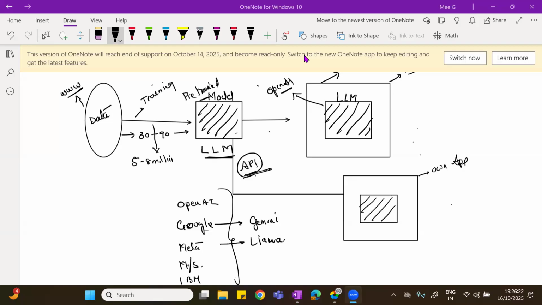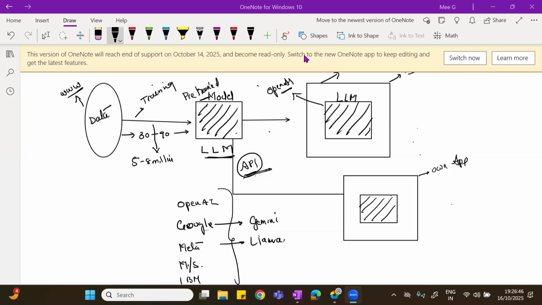Let me clarify. It doesn't mean that you are carrying this data along with the model. The model has learned this knowledge; it has the knowledge of this data. Usually we can directly connect it through the API. You don't need to get it into your system directly.